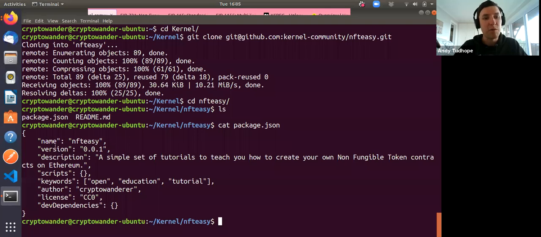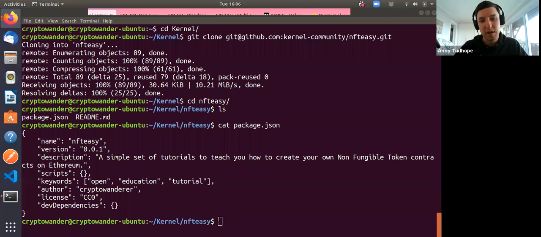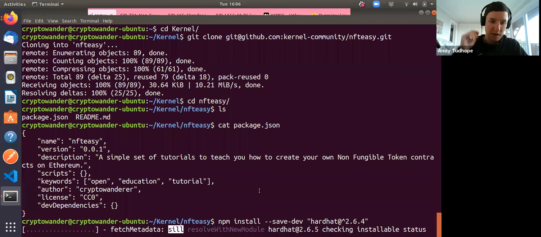We're going to use our Node package manager to install Hardhat at a specific version, and we're going to save it into our developer dependencies, which is this field in the package.json. So if you paste that particular line, npm install --save-dev hardhat at this particular version 2.6.4,